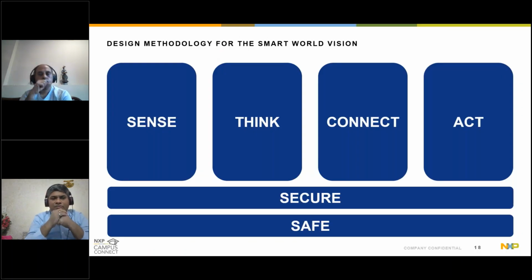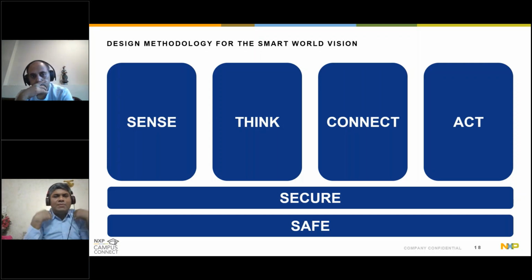Now, any device that we are working on today for the industry is inspired by the smart world. This slide, by the way, has no relation to SOC design, but it is important from a context point of view. You have to know that you are creating solutions for a smarter world. We are making our world smarter with the electronics that we are all building together. So what is a smart device?